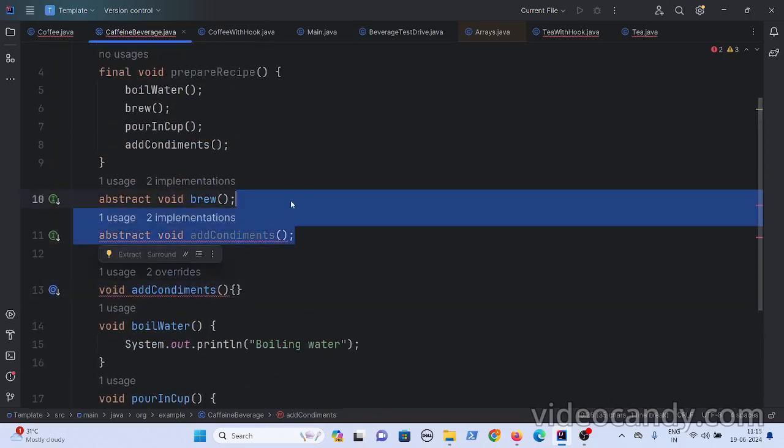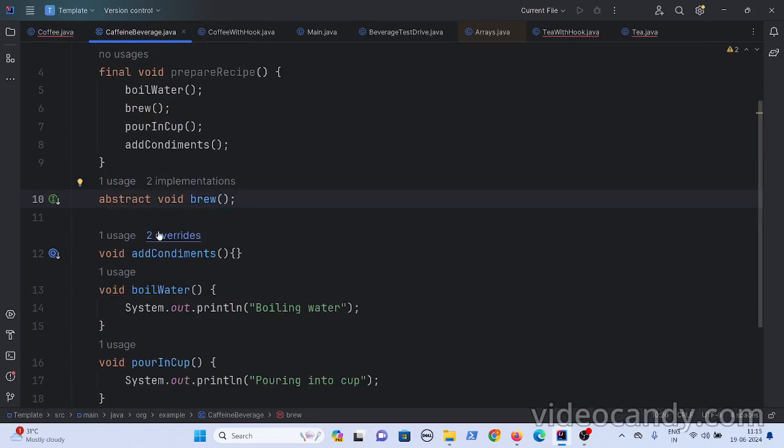Let's say add condiments is not an abstract method. Sometimes people don't prefer adding lemon, sugar, or milk. They just consume coffee or tea as is. They don't want condiments, because sometimes they want a strong coffee and they don't want to add milk. So in that case, they don't want to add these condiments.